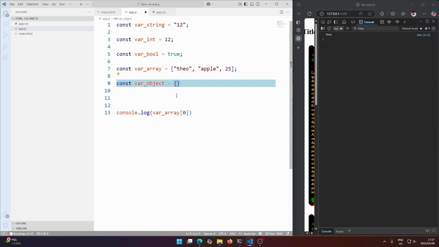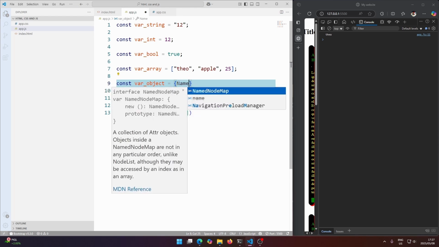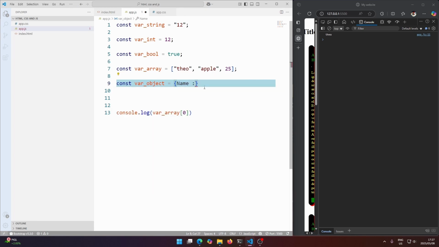So for example, I can type the key name, and notice that I didn't put this in quotes. That's because I'm not storing a variable here. I'm creating a brand new variable called name, and you use a colon here. It's just the two dots, and next to that you put an actual value, like for example Theo. So here I'm going to use quotes and type Theo, and then next to this we can put a comma and even give it a second value like fruit, and then let me capitalize that and add our colon,